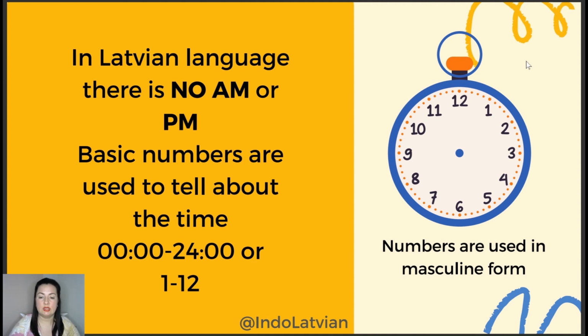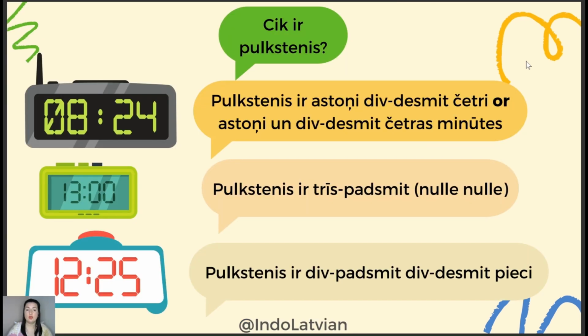Numbers are used in masculine form when you use 24-hour format. In this slide, we will use very basic way of talking about time, which is 24-hour format or electronic clock. I like to call it like this. Cik ir pulkstenis? And here you can easily see 8:24. And this is exactly what you are saying in Latvian. Time is pulkstenis ir